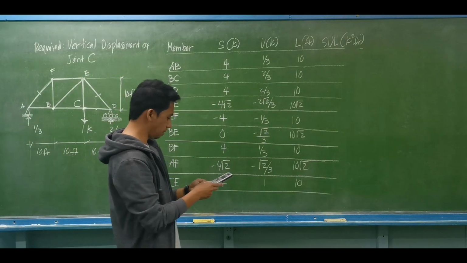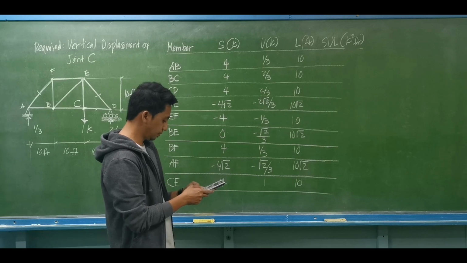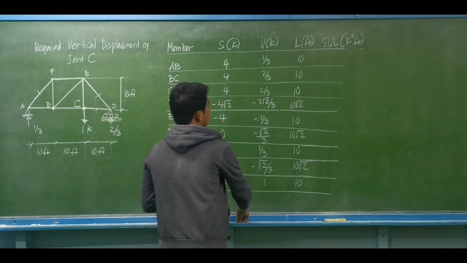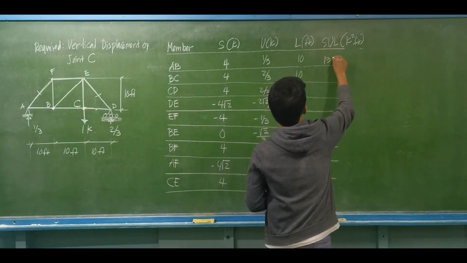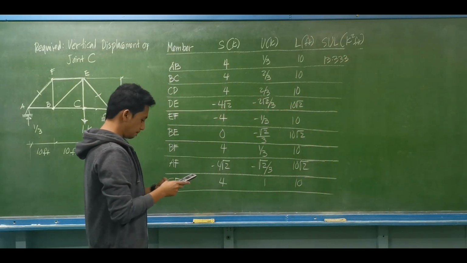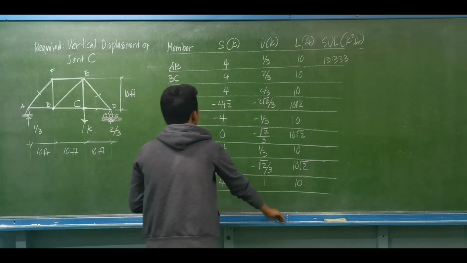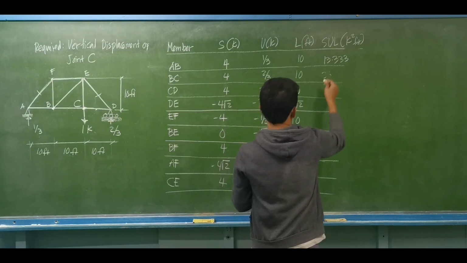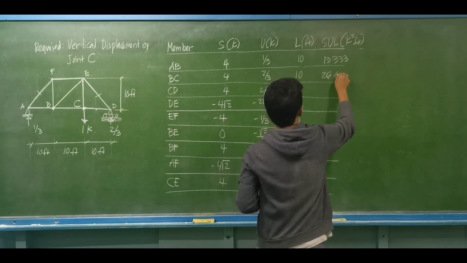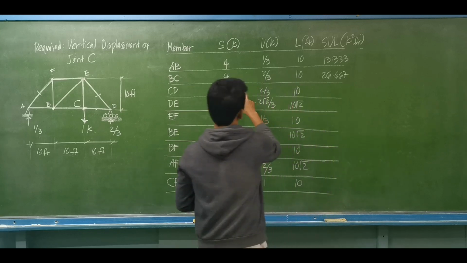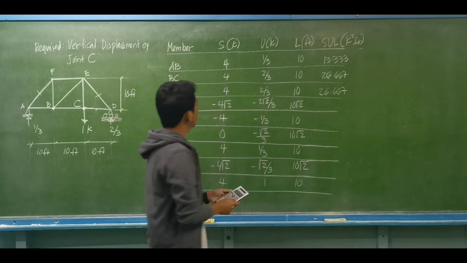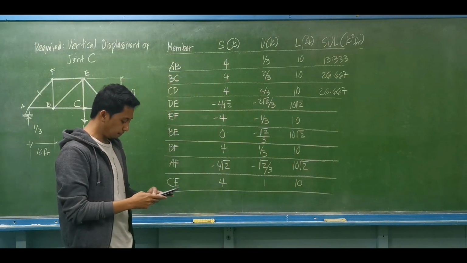So we have the first one is the same as 4 times 1/3 times 10. I'll be using 3 decimal places. We have 13.333. Then we have the next one, this is 26.667. I think these are the same. We have 26.667. And then for member DE, this is negative 4 square root of 2 divided by negative 2 square root of 2 over 3,